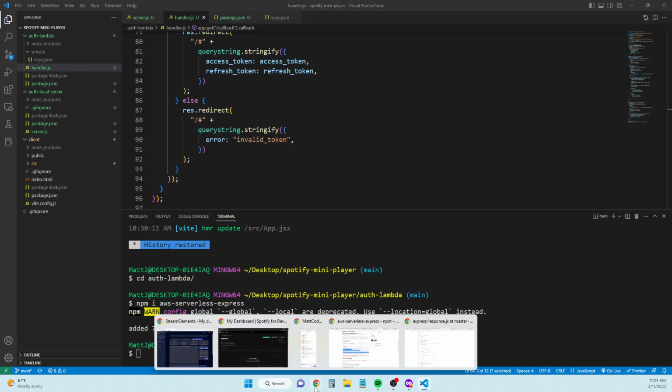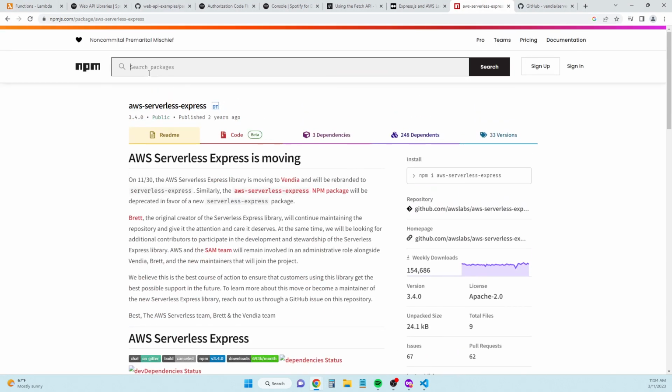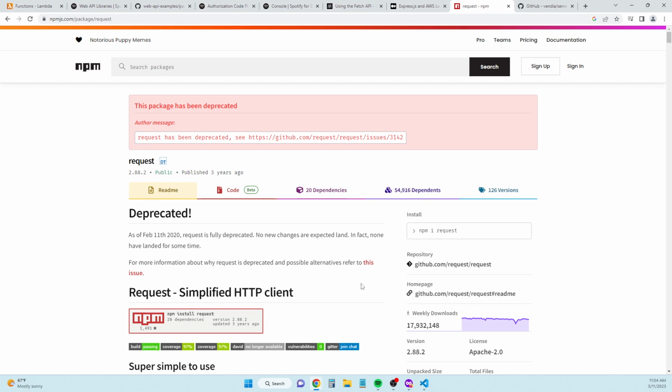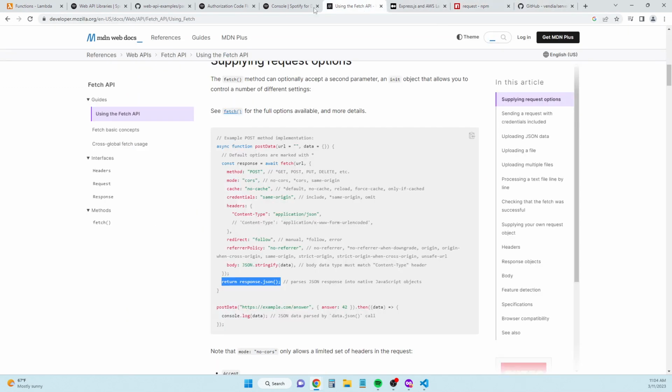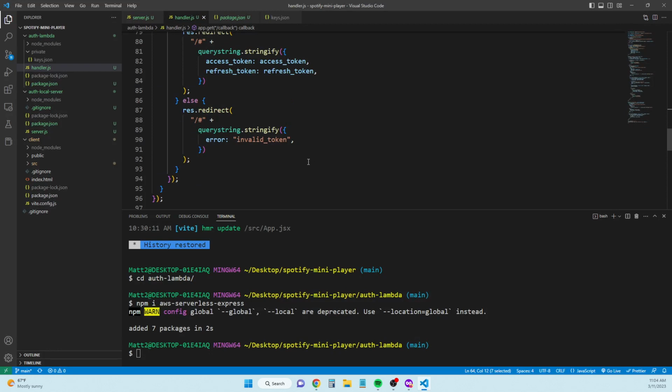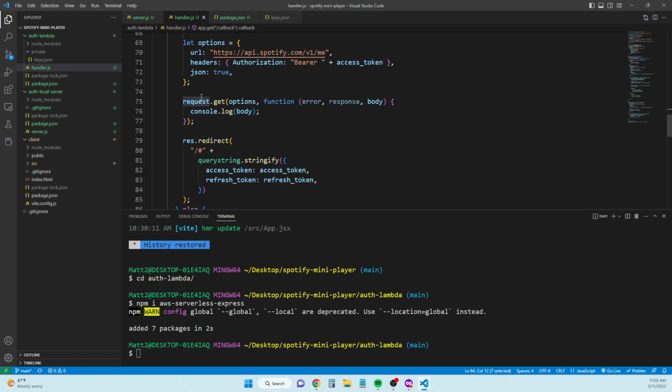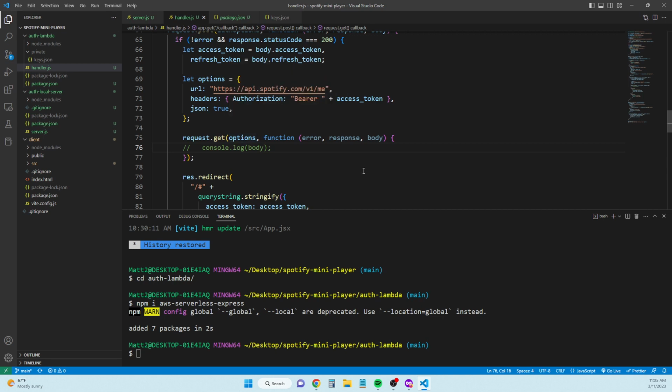Interesting. What is request anyways? I don't think I've ever used that. Package has been deprecated. Nice. Okay, yeah, we'll just use Axios instead. So we'll need to install that as well. We could use node fetch or something like that, but